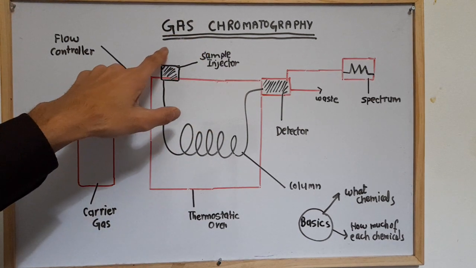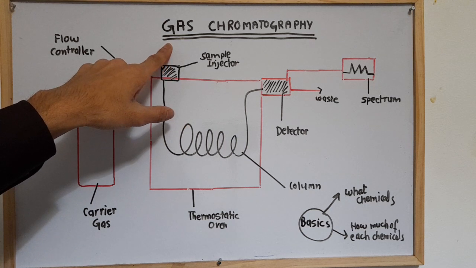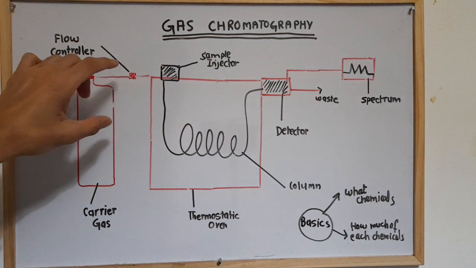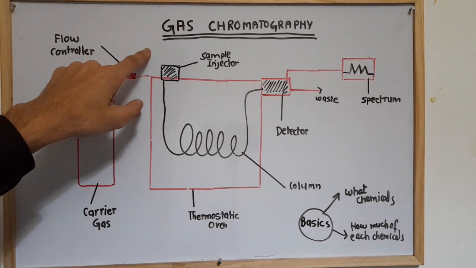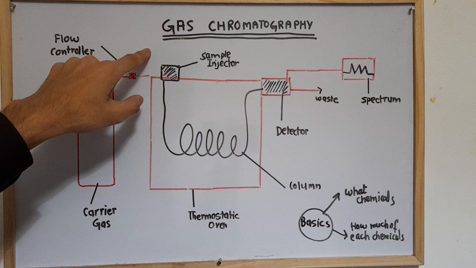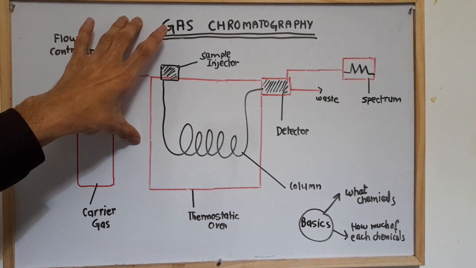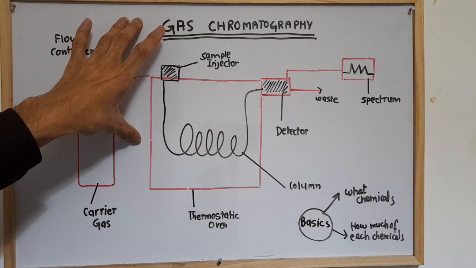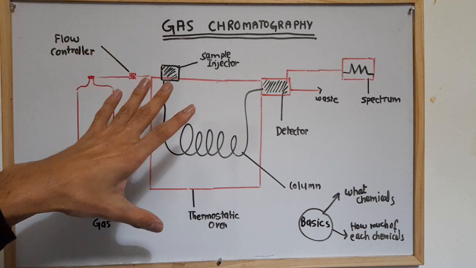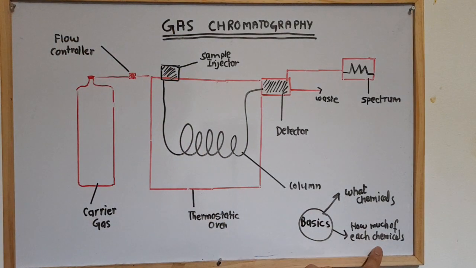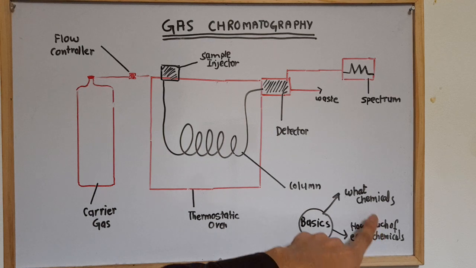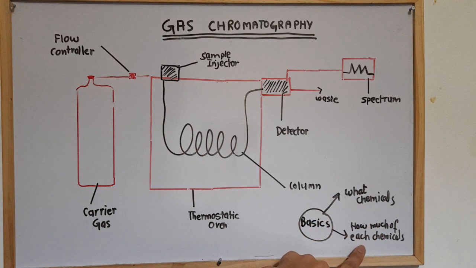Now, what are the advantages we get from gas chromatography? One of the basic advantages is that it is used to analyze and separate the components of a mixture. If the mixture is volatile, then gas chromatography is the ideal thing to use for separation. There is one additional advantage: first, it tells us what chemicals are present in the mixture. Then it also tells us how much of each component is present. That we will discuss in the next lecture, when I'm going to explain the spectrum that is obtained from the